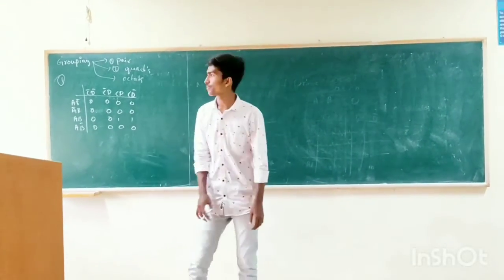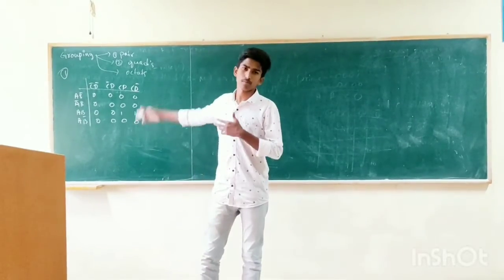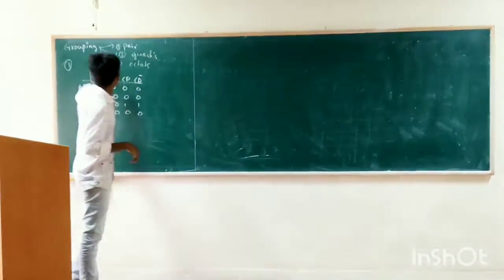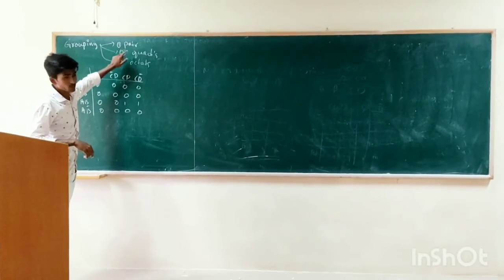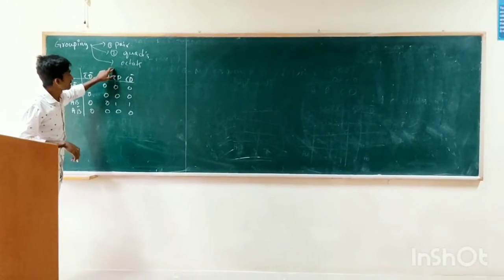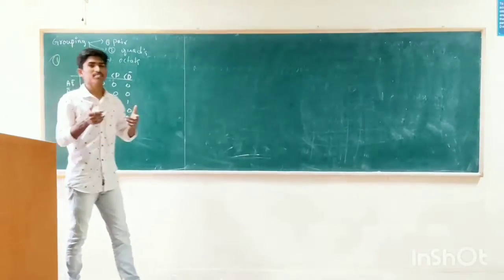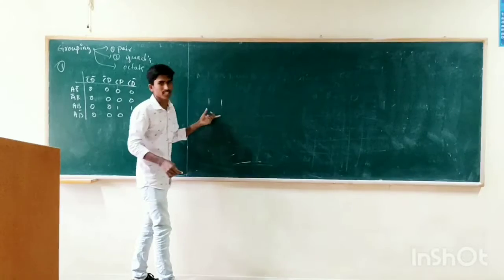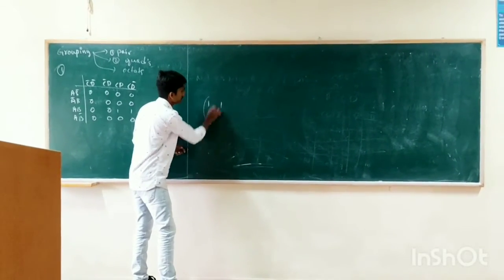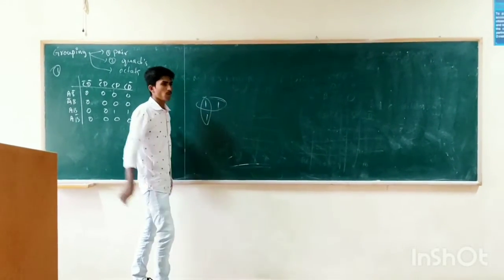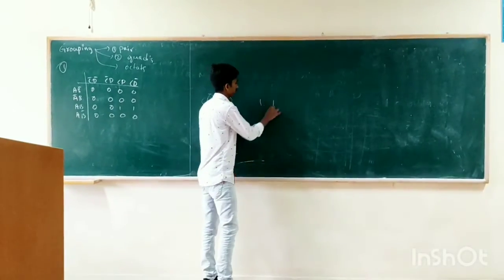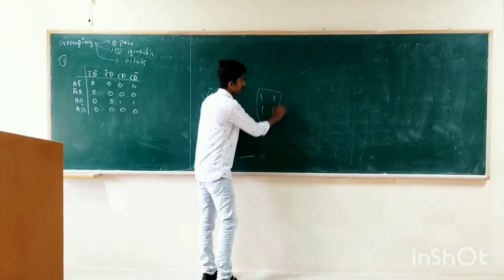Next, grouping. Now I am going to explain about the grouping. Grouping has 3 types. One is pair, second is quad, and third is octet. Pair means adjacent ones, having 2 ones. For example, adjacent horizontally or vertically having 2 ones is a pair. And quad means having 4 adjacent ones. Example like this. This one we can make as one group.